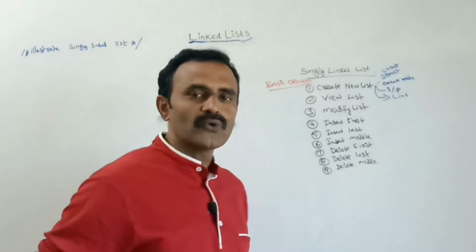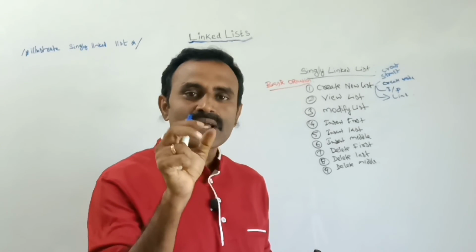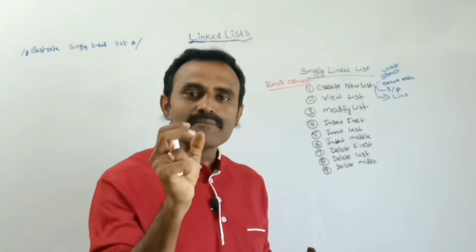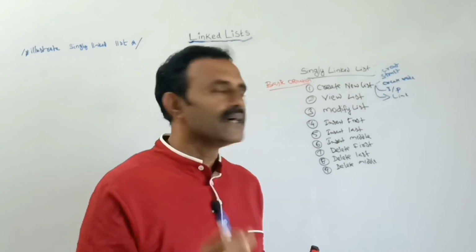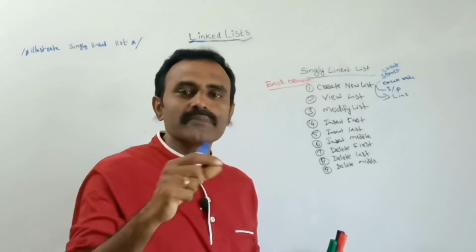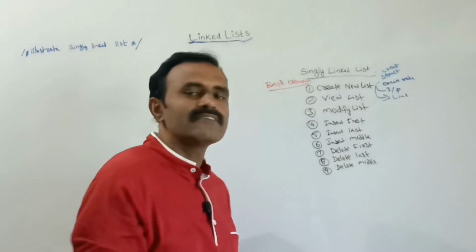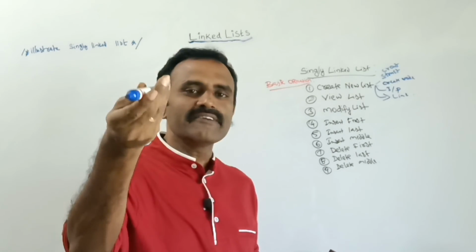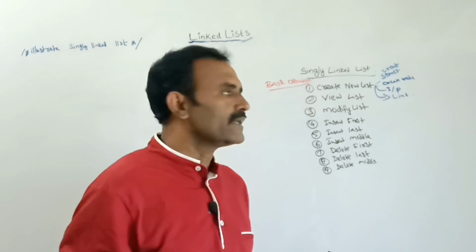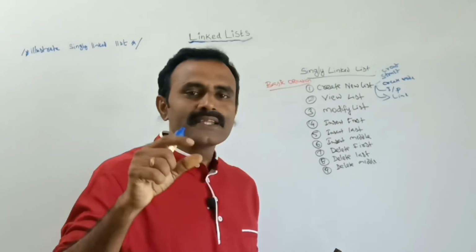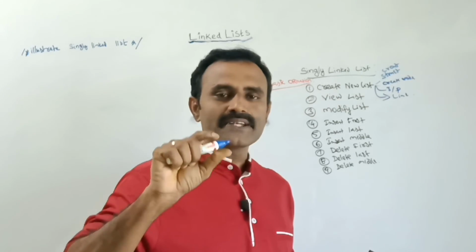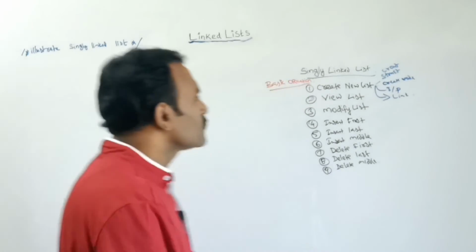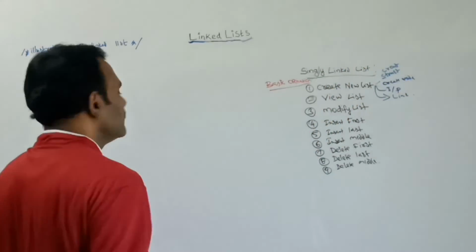Next, create the node. Here I am creating the memory by using the dynamic memory allocation functions. By malloc we can create a node. Next, after creating the node, I am giving the input. With the help of the structure variable, we can give the input and store it in that particular memory. Next, the link. In the link part, we are setting the relationship between the nodes. So the first thing we should create is a structure.